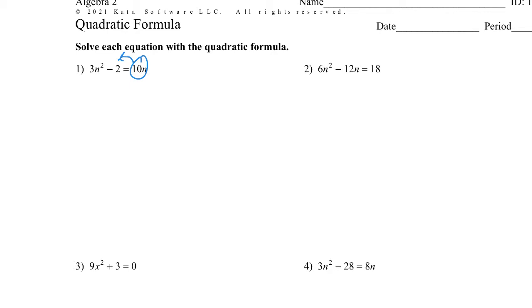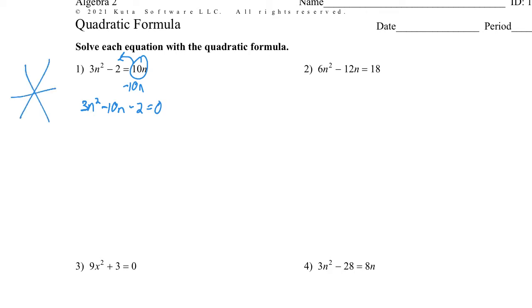So we want to move this to the other side. When you move it, it simply changes sign. You're just going to subtract 10n on both sides, and then it's going to move. So we're going to have 3n squared minus 10n minus 2 equals 0. So you want them in ABC order, just like if you were going to factor. Now, if you would go to factor this,